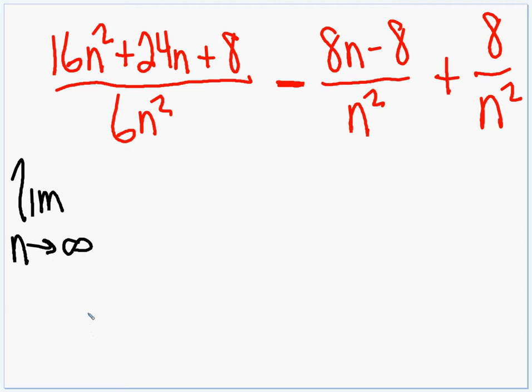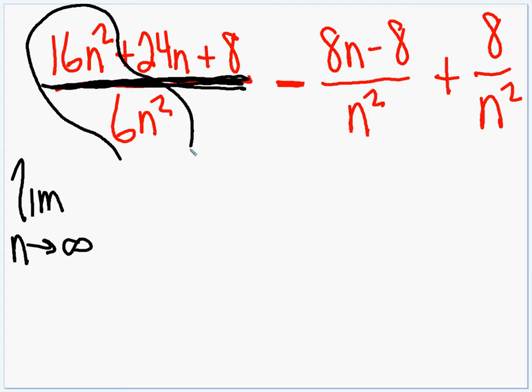Now remember about the power struggle between the numerator and denominator when n gets infinitely large. In the first term here, what's more powerful, numerator or denominator? It's a tie. So we make a leading coefficient fraction. So that, when we let n go to infinity, is going to equal 16 over 6, or 8/3,